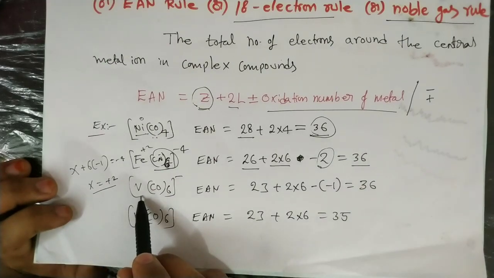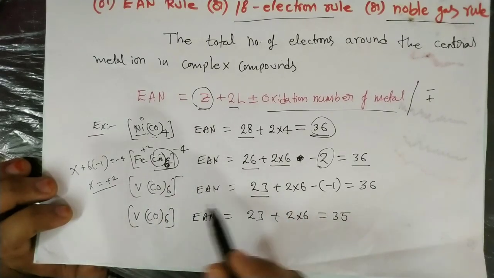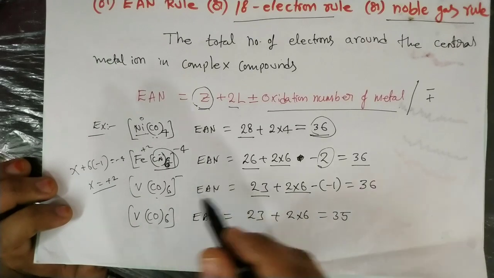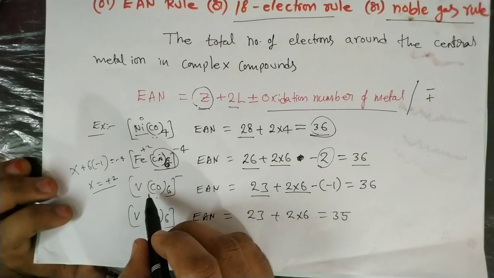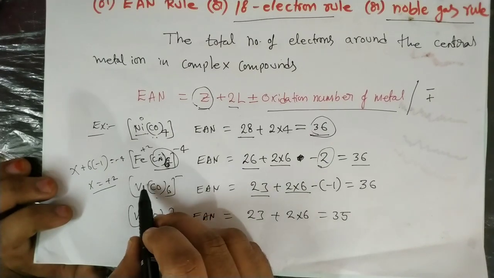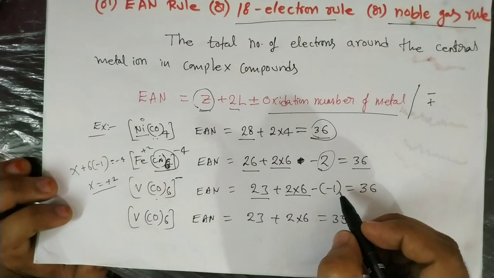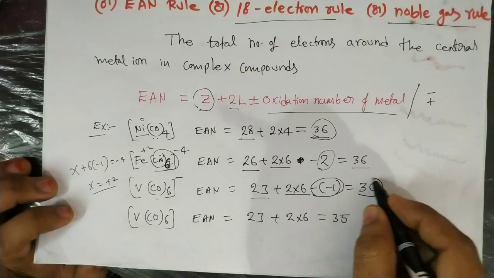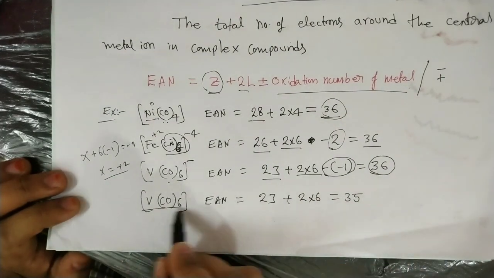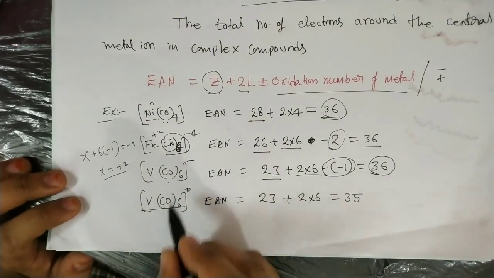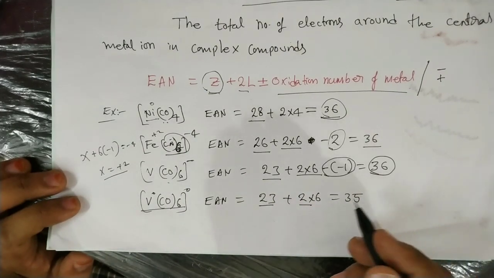Now the vanadium carbonyl compound V(CO)6 minus 1. Vanadium atomic number is 23 and 6 into 2, and the oxidation number of vanadium is negative, because the carbonyl ligand has a 0 oxidation number. So the minus charge is present on the vanadium, so we have to add 1, so that also equals 36. Suppose you calculate the effective atomic number for the complex that carries 0 charge, that means vanadium 0: vanadium is 23 and 2 into 6, and of course there is no oxidation number,